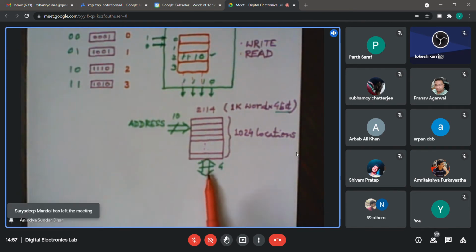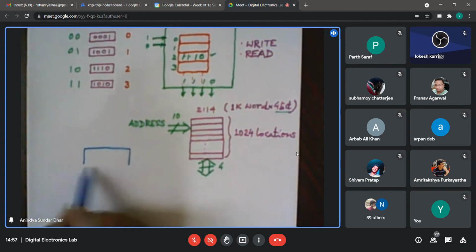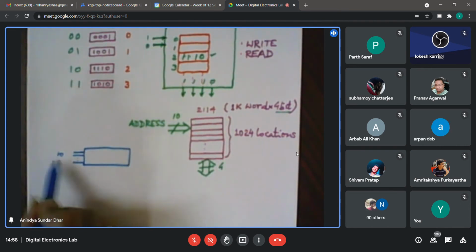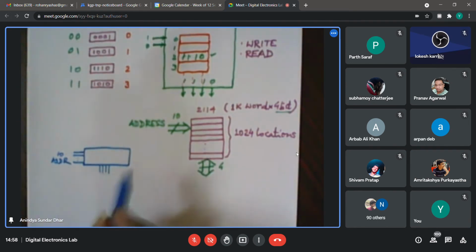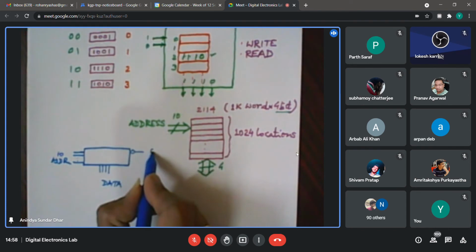You know the meaning of tri-state. I think at some point you have mentioned what is meant by tri-state, right? When we are using a single chip, certainly we will keep it always enabled. So if you look at this chip, this 2114, you will find that there are 10 address lines coming like this. There will be 4 data lines. Other than that, in the manual it will be called chip select.